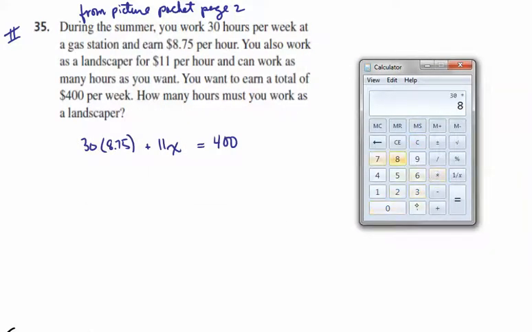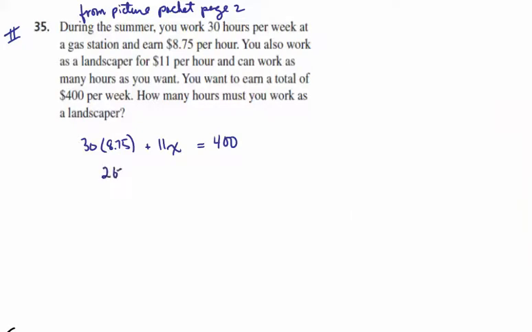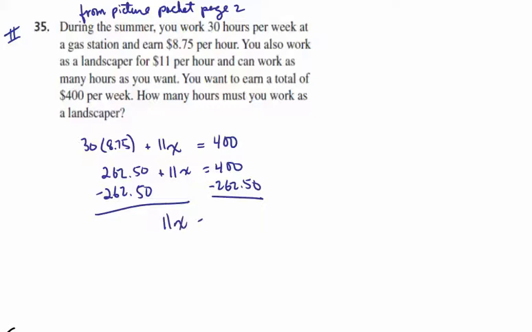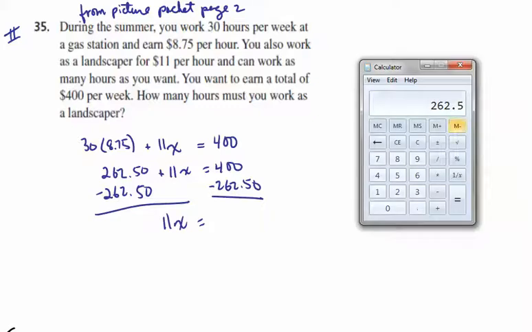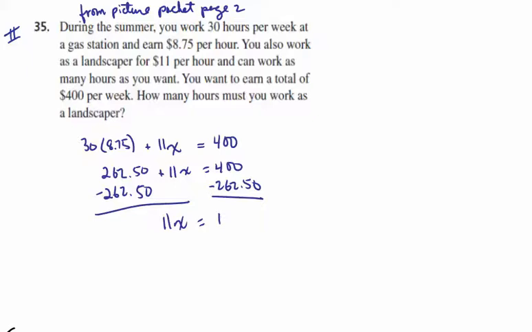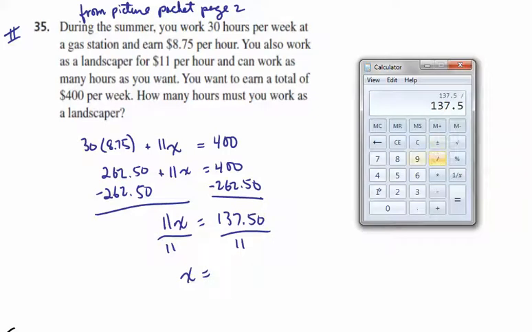30 times 8.75 equals 262.50. 262.50 plus 11x is 400. We're going to subtract 262.50 from both sides. We get 11x is equal to 400 minus 262.50, which is $137.50. Dividing that by 11, we get x is equal to